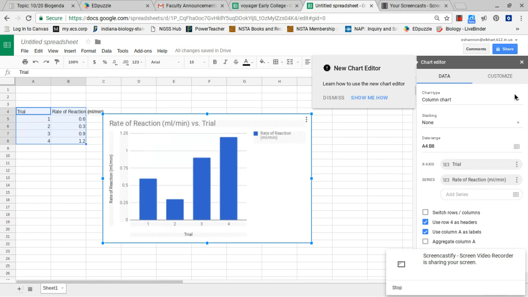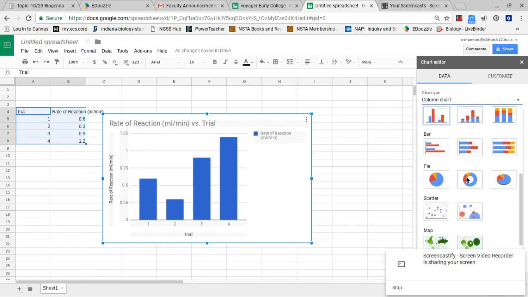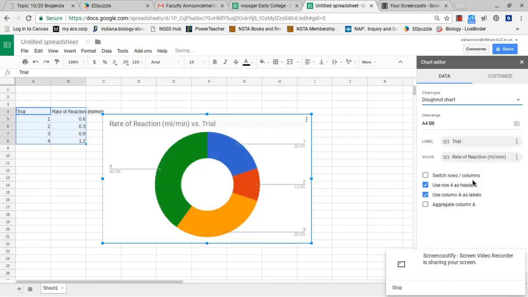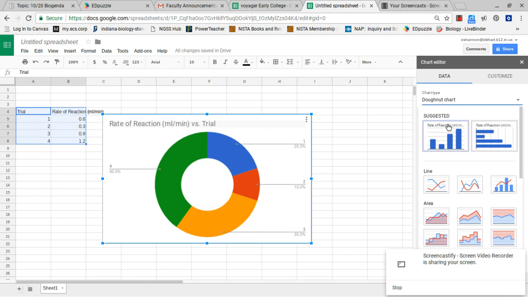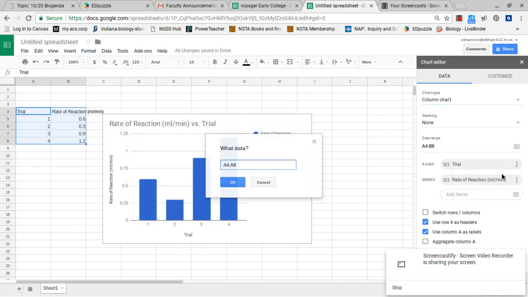But let's say that you didn't want the bar graph, you did want something else. You could come over here and you can change it to whatever other type of graph that you need here. And so let's go back to our suggested one. You will notice that it will put column A, my trials, as my x-axis, and it will put the second column as my y-axis. But if you have that reversed, all you would need to do is change that here. Your x-axis here, if you wanted it B4 to B8,